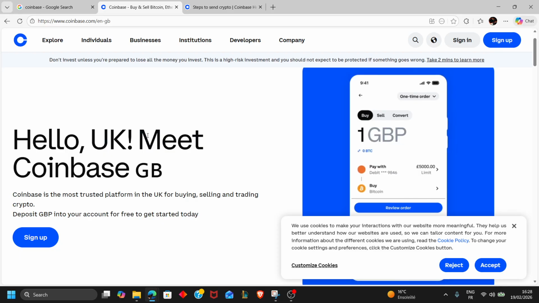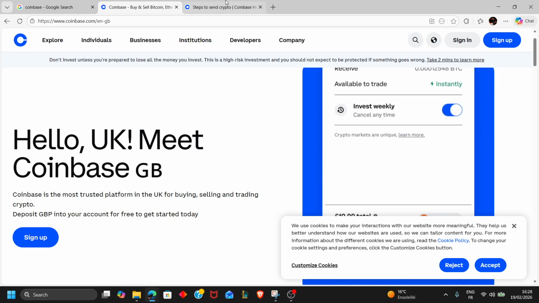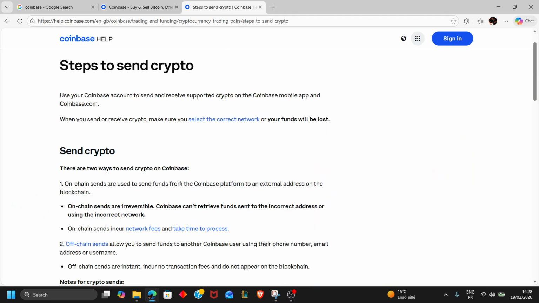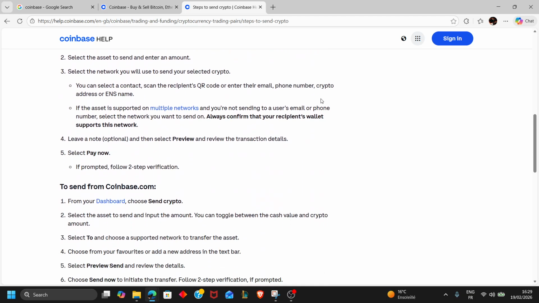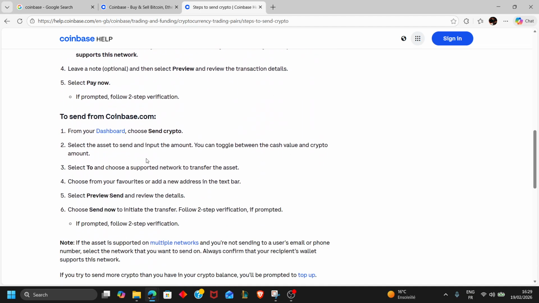Now, once you create an account, you're gonna make sure to log into that account. Then you're gonna tap the send and receive button. Make sure while you're in the account's dashboard, you tap on the send and receive button. And once you do that, you're gonna select the send option. Make sure to click on the send option. And after that, as you can see here from your dashboard, you're gonna send the crypto and you're gonna click